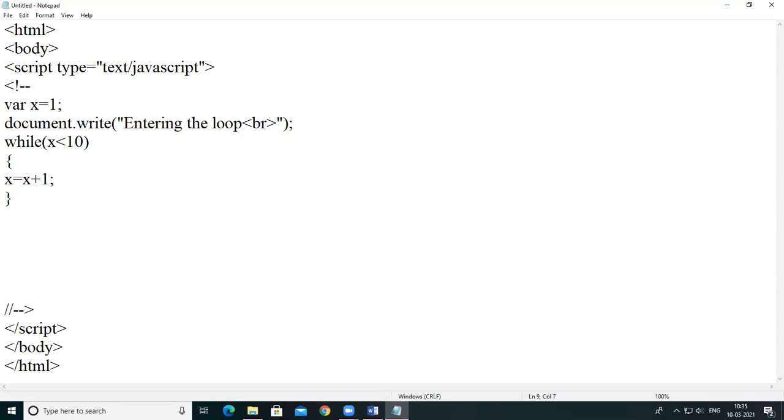For that, then take the value of the condition.